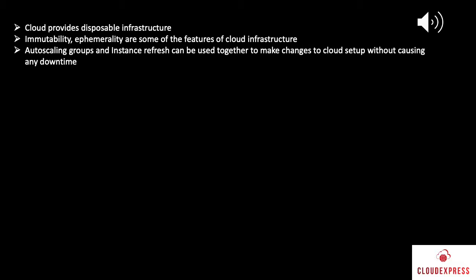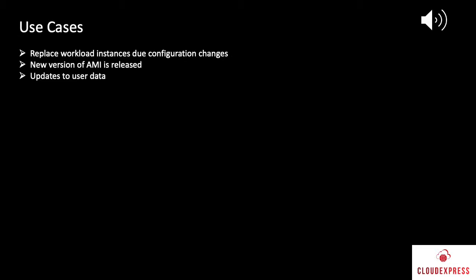any downtime. Before Instance Refresh was introduced, custom solutions had to be implemented to refresh the immutable infrastructure. But now Instance Refresh does most of the heavy lifting and users don't have to implement custom solutions. Instance Refresh comes in handy when any configuration change requires users to replace instances and there are a large number of instances in the auto-scaling group. It is very easy to build automation on top of the API provided to perform Instance Refresh. It can also be used when a new Amazon machine image or new version of a user data script needs to be